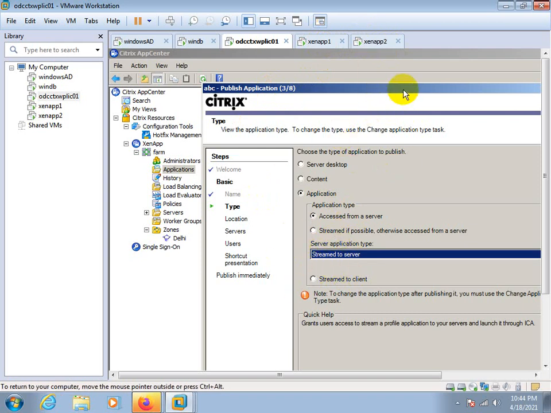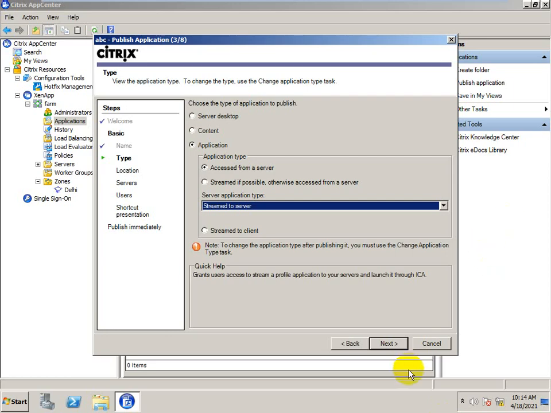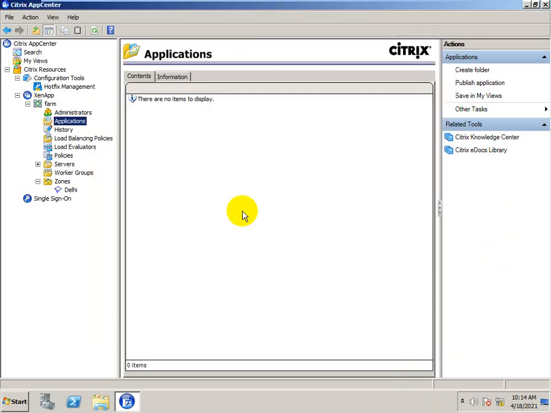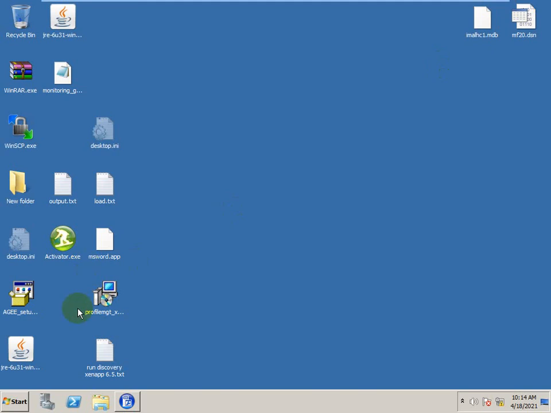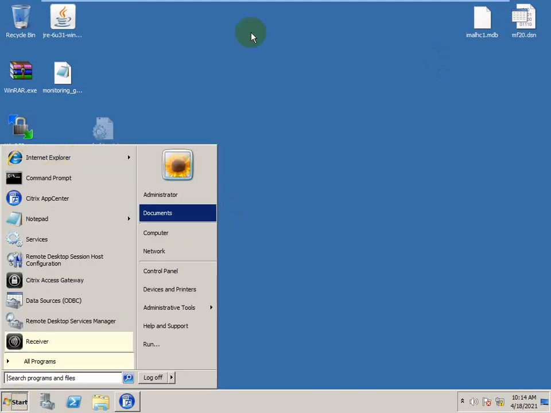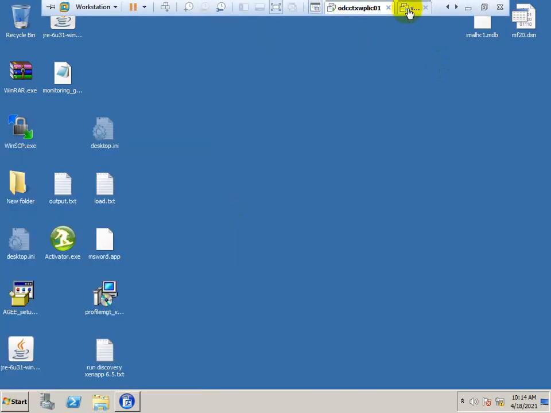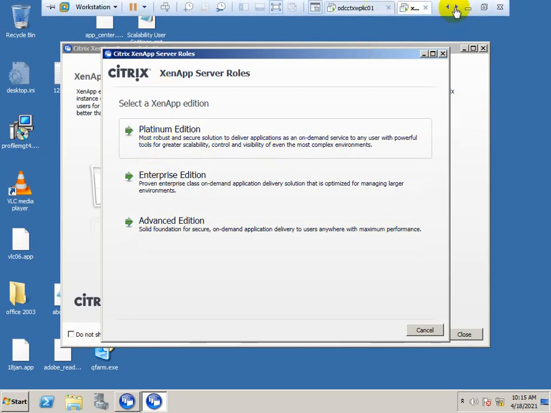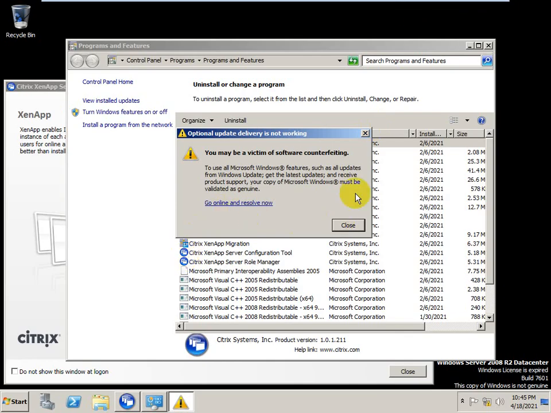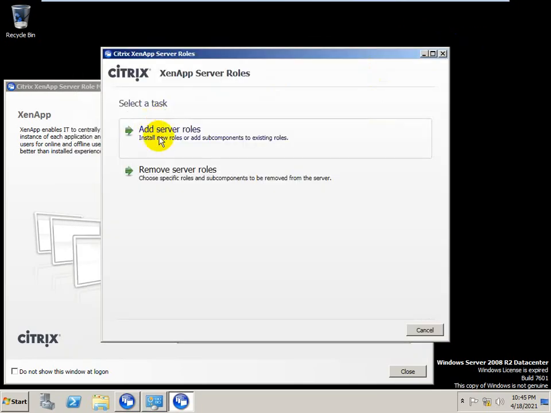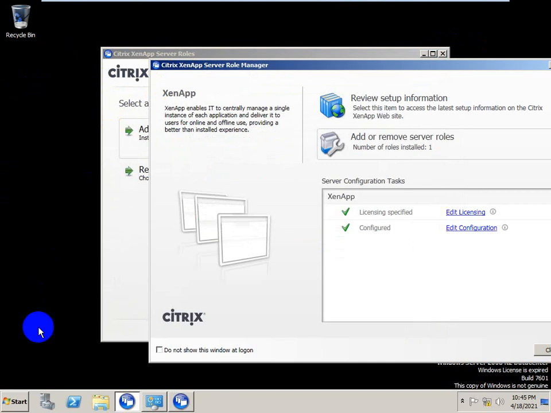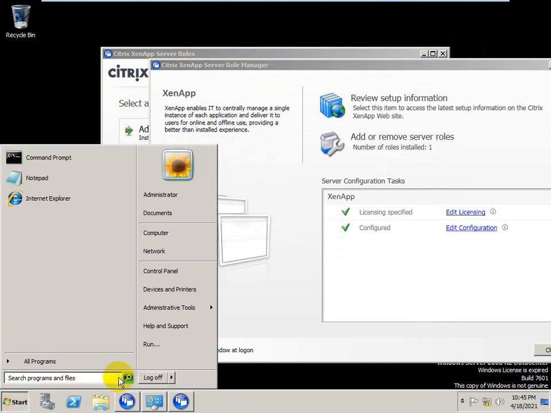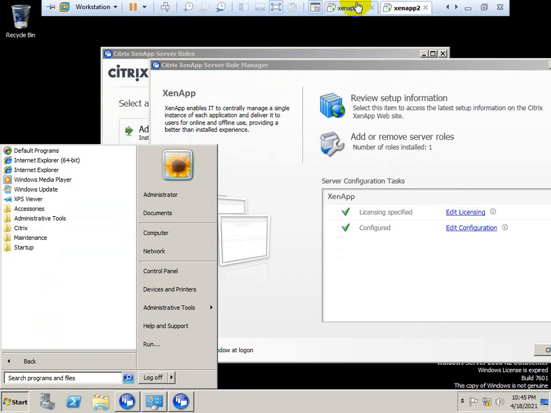For streaming, I'm going to the server. Here I don't think I have that option, but on 6.2 I can show you the option that is not available.